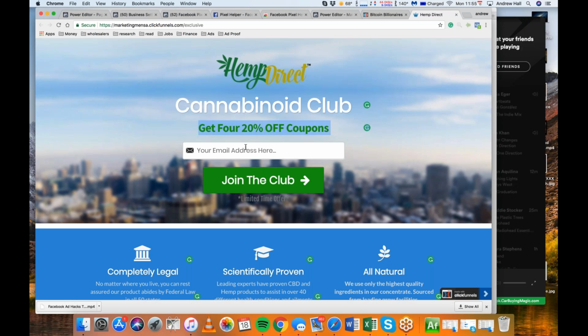Well, if we can get email addresses, just like the lookalike audiences, we can make a lookalike audience based off the email addresses. B, we can target them on the back end with emails. And emails, if you market to them right, if you send them 5 emails a week with new products, new offers, new things going on with your business, if you have a 10,000 person email list, you should be making $10,000 a month off that email list. And then you're also building your pixel. So I hope that kind of answered the question.